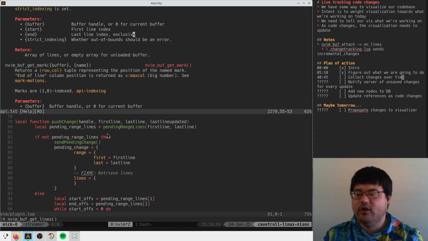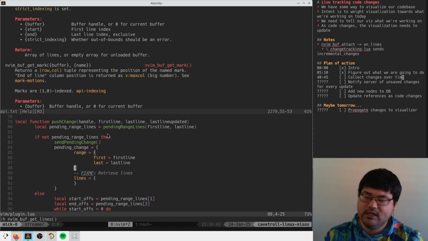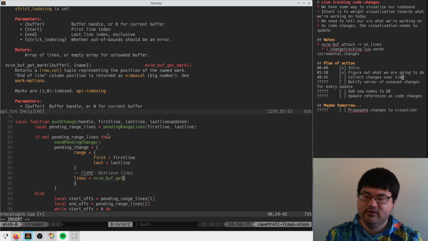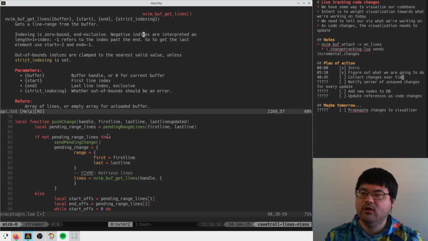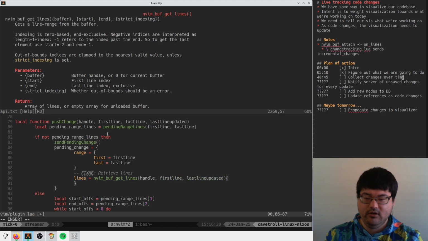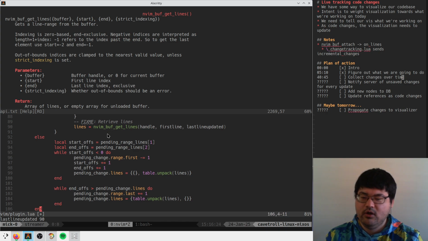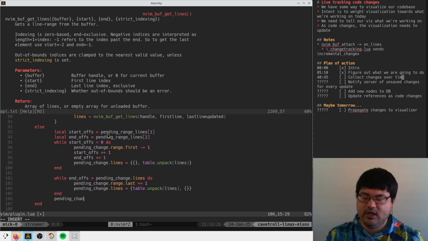That's wonderful. So that probably means that we can go lines here is like vim buff get lines, given this handle, first line, last line updated. Oh, hell yeah, dude. And then here, all we have to do is go pending change lines from start offs plus 1 to,